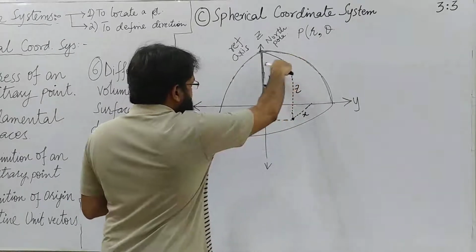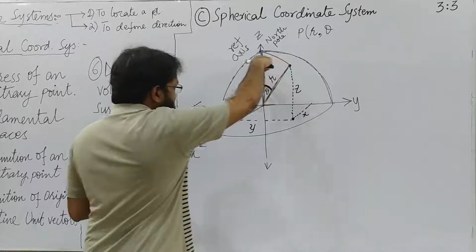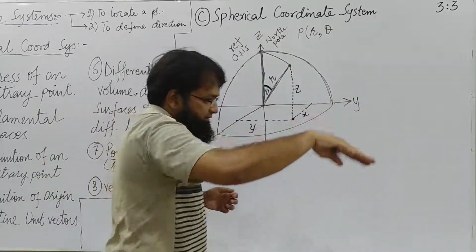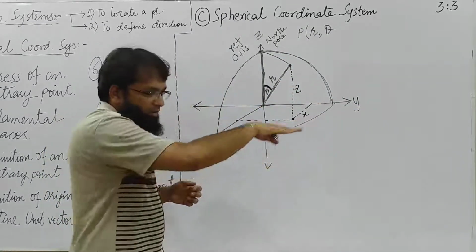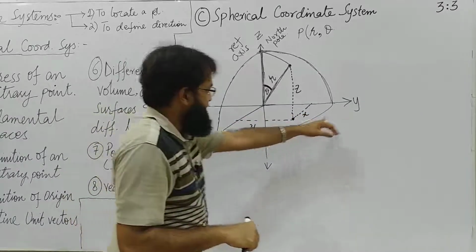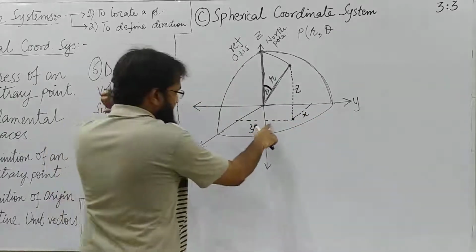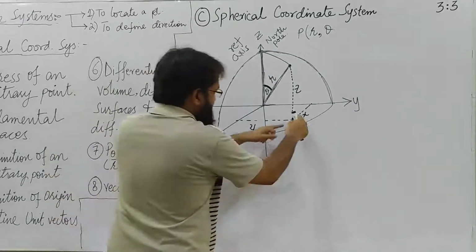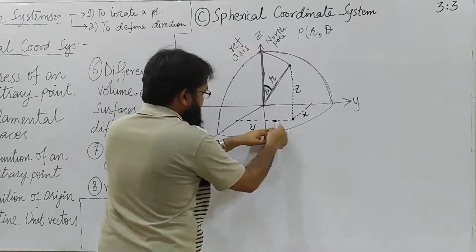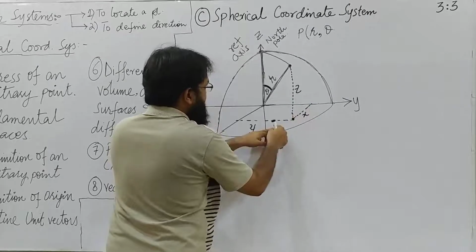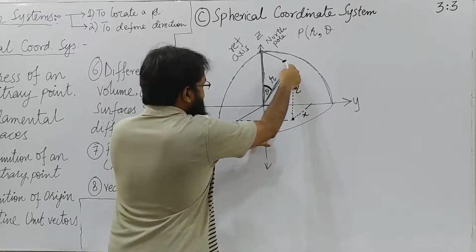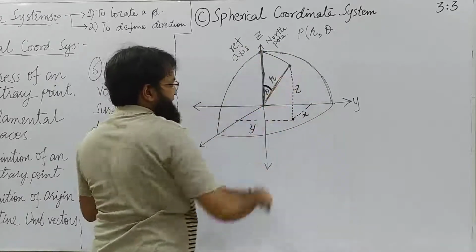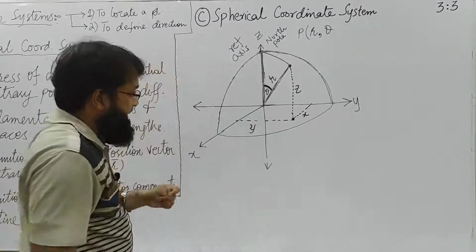How about the azimuthal, or the position with respect to the azimuthal plane or the horizontal plane, that is the xy plane? Can we use y or x as the third coordinate? No, because if I increase x or decrease x, I will definitely leave the spherical surface, because if